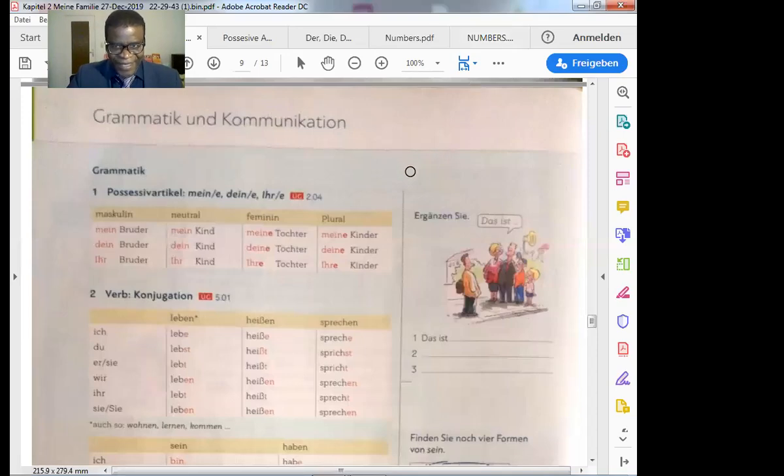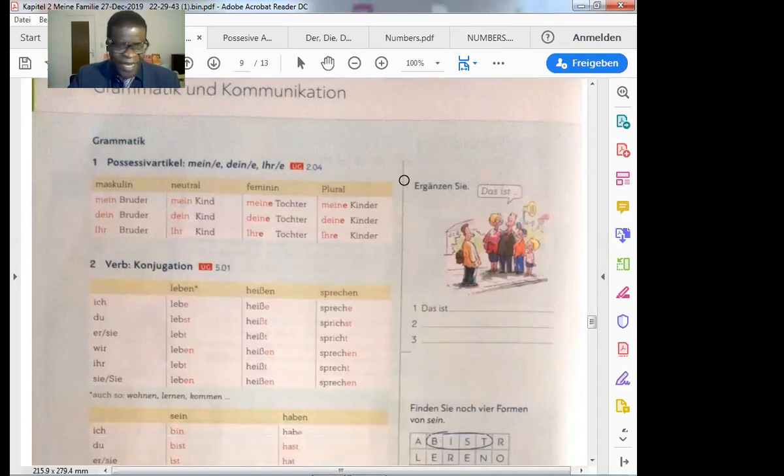So here we go. Now look at this page here. What you're seeing is what we're going to find right inside the lesson. Grammatik und Kommunikation. Grammar and communication. Now you're supposed to be masters of grammar since we've done this topic already, but I'm going to give you some reflections of what we're going to meet in this chapter. Grammatik 1.